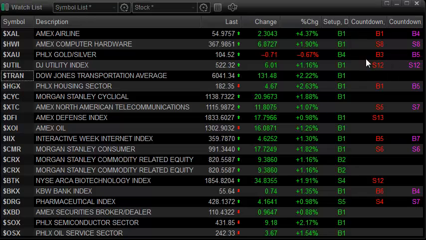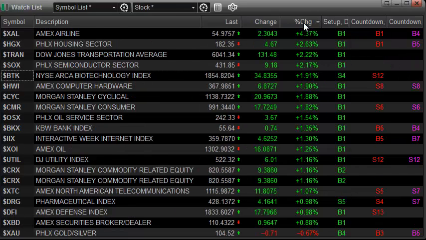All right, now here's our sector list. I'm going to click on the percent change here. It's sorted from best to worst. Airlines were the top sector. The housing sector was right up among the tops. That was one of the weaker ones yesterday. The transport average definitely outperformed the broad market. Cyclicals were outperforming the market also. The weaker areas were the gold and silver, the defense, pharmaceuticals, and the utilities, all kind of down the list. So definitely this was more of a risk on kind of a day, and something that the bulls would like